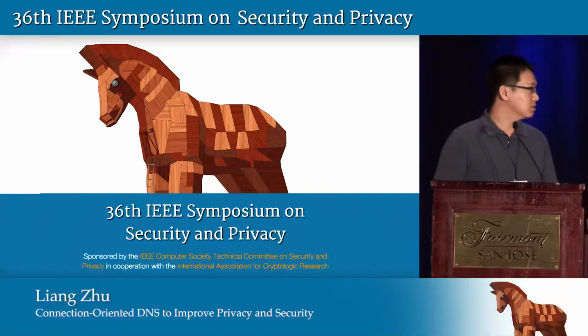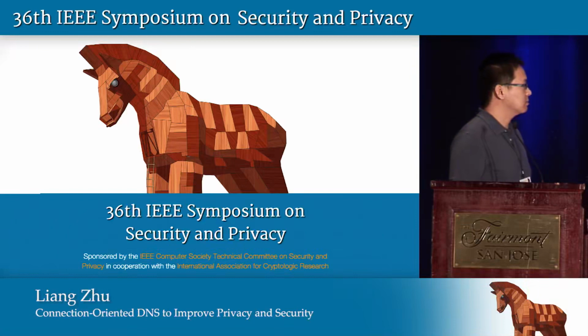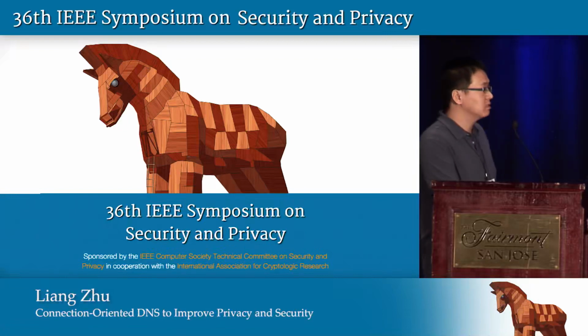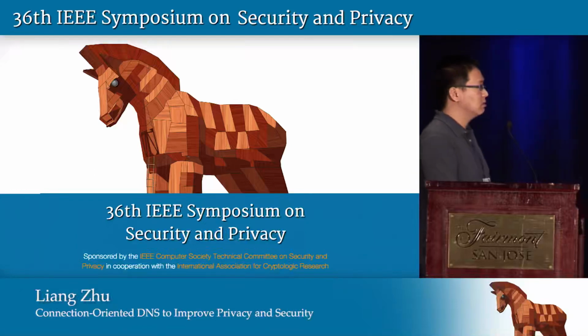I have a question. Are you planning to use TLS also to replace DNSSEC, or are you doing DNSSEC inside? So actually, we propose to use DNSSEC to do the authentication. And TLS just for opportunistic encryption? Yeah.